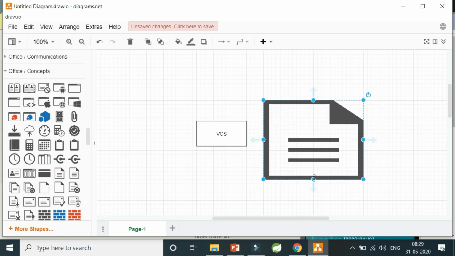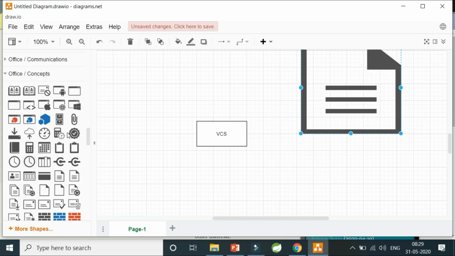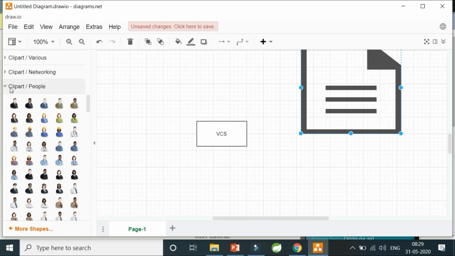Now in this particular file, suppose 2 or 3 people are working together. What will happen if 2 or 3 people in the same team are working on the same file? The version control system is the one who keeps the record as to who changed this file, how many days back it was changed, what was changed.